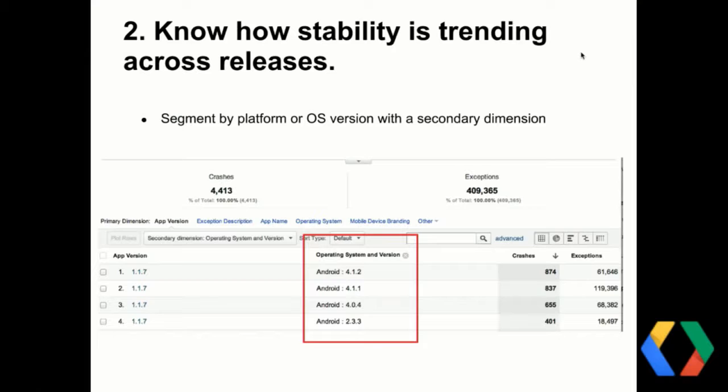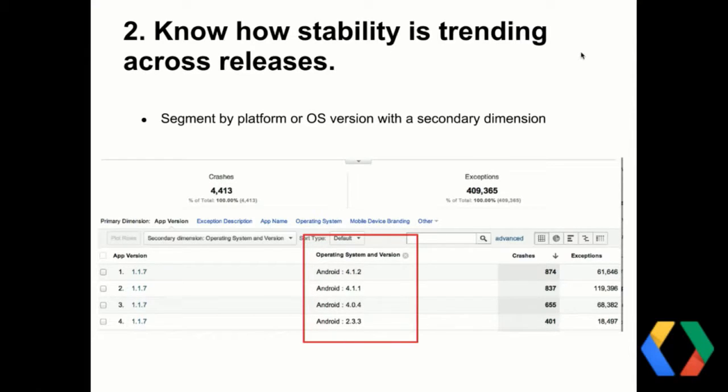And so now we can see, okay, within my app, version 117, within that release, show me the breakdown of crashes and exceptions across these different versions of Android in this case. And so here we see that actually most of the crashes and exceptions were coming from some version of Android 4. There's some for Android 2, Gingerbread, but mostly it's in 4. So it gives you an idea of, hey, maybe this is a place we can focus on. Maybe there's something specific that's going on here that we can take a look at and try to fix.